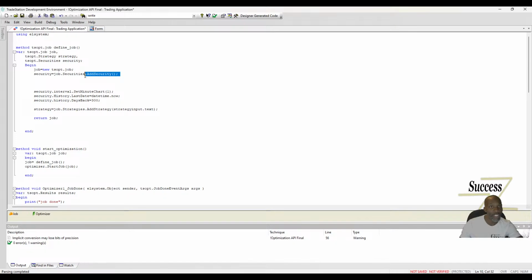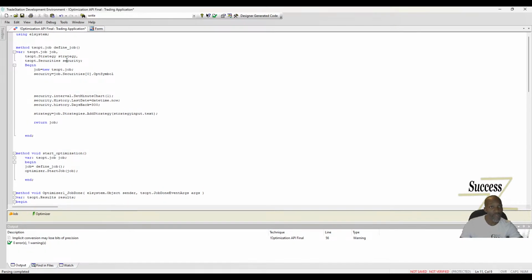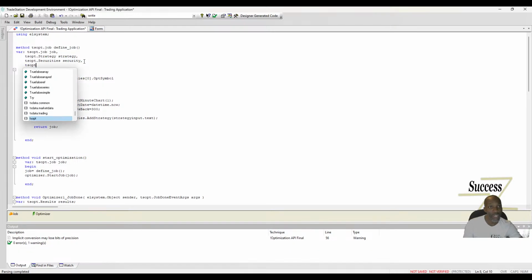If I do multiple securities, instead of being able to do it like this, somehow securities gets here, and then you put a 0 for position, and then you do optimization symbol, and you change, and then you have a new one of these, which is tsopt dot